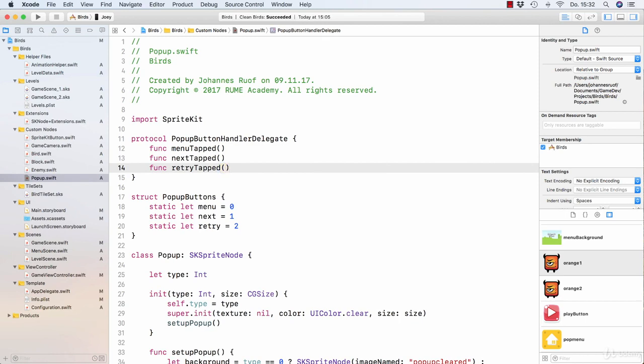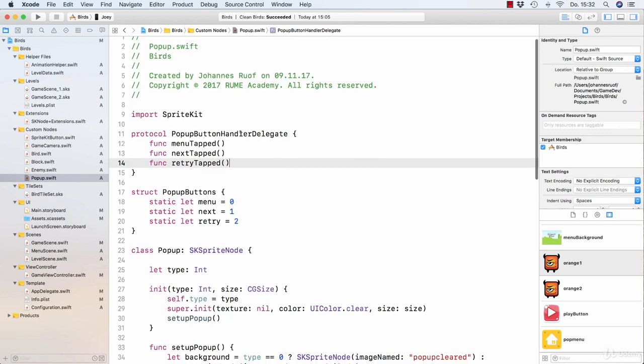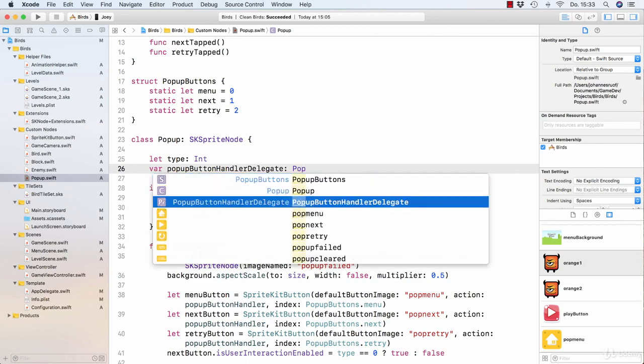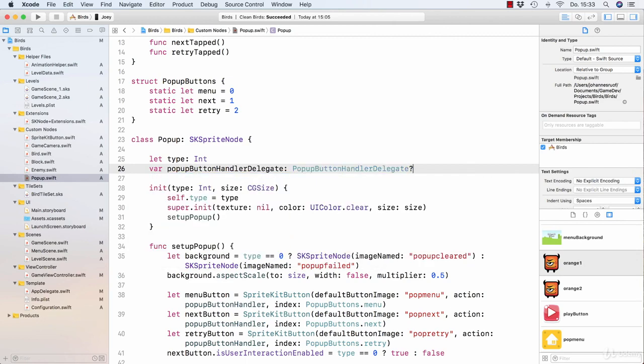Inside of the class Popup, I would then add a new property, which is a variable called popupButtonHandlerDelegate, which will be of our new type of the protocol. But it will be optional, and we will set this property from our game scene later on. We will return to the game scene in a second, but before we do so, we will now already use